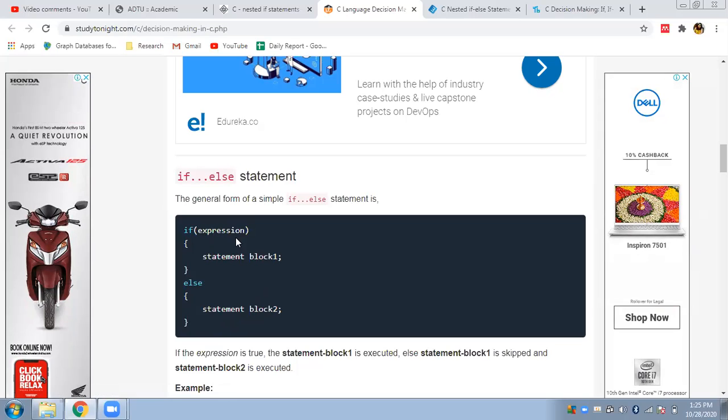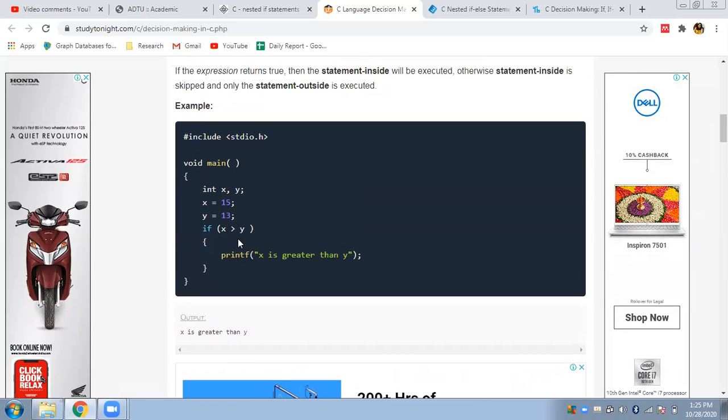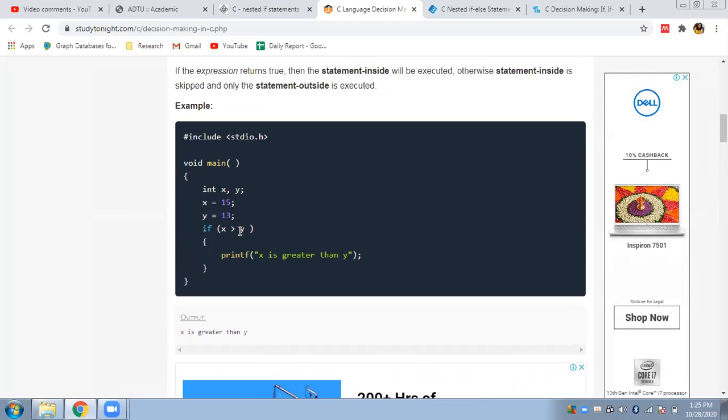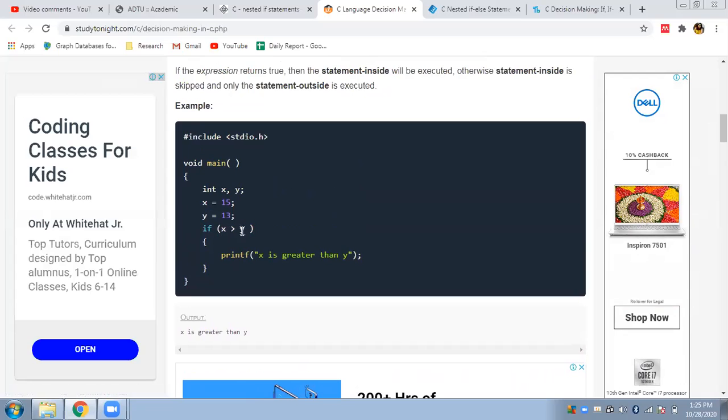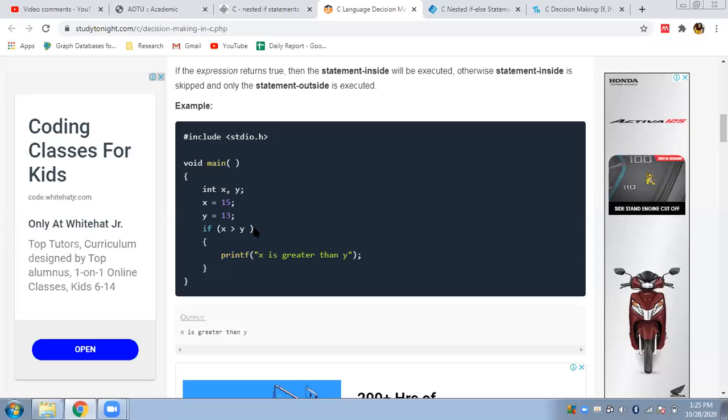Relational expressions. Relational expressions means greater than, less than, comparisons like in here. This is a relational expression. And if you have more than one relational expression, how do we join them? Using logical operators: logical and, logical or, and logical not.